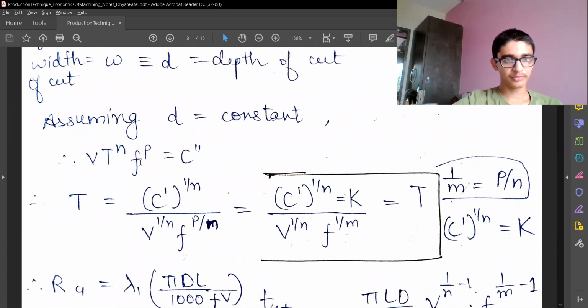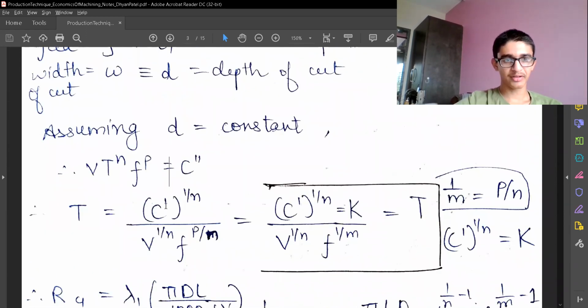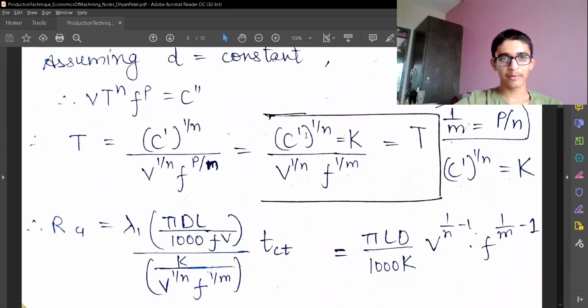Now from my machining time, I want to factor out the machining time from there. So that will be C dash. I'm just changing these constants as per my wish. So it can be C dash or anything. At last we'll figure out what the final thing is. So it's C dash raised to 1 by n upon V raised to 1 by n into F raised to p by n. And now I'm going to assign p by n equal to 1 by m. So in the feed, the exponent will be 1 by m. That's the only change. And I'm going to assign C dash raised to 1 by n equal to some constant k. So this is again a constant because n was a constant for the Taylor's tool life equation for a given material.